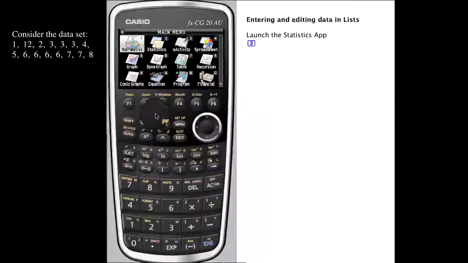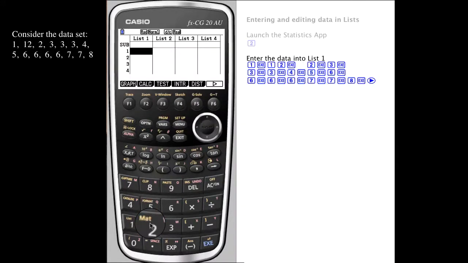To enter and edit data in lists, first launch the Statistics app by pressing 2 from the main menu. Enter the data into list 1, pressing Execute after each data entry. With that done, press the across arrow from the arrow pad and have a look at the data that's been